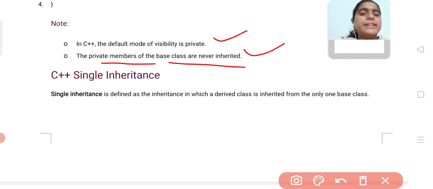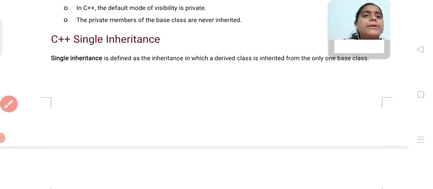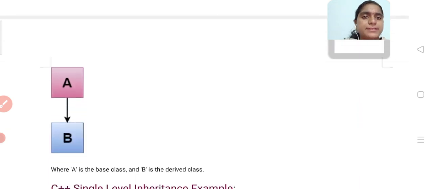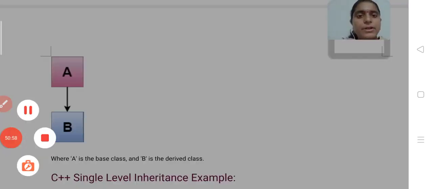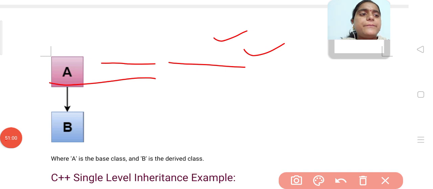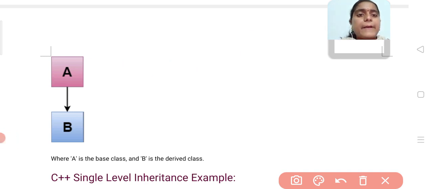First we see the types of inheritances. The first one is single inheritance. A single inheritance is defined as the inheritance in which a derived class is inherited from only one base class. See this example: here B is the child class and A is the parent class.